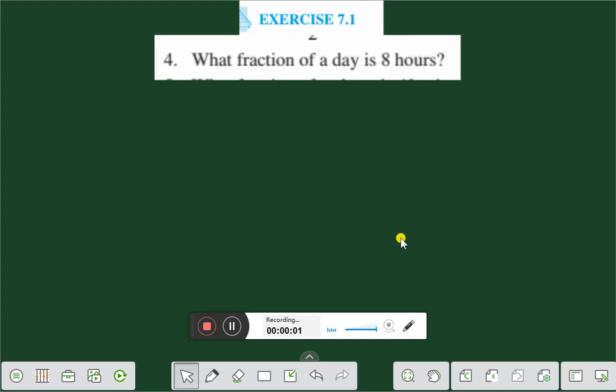Hello friends, today we shall discuss exercise 7.1 question number 4. What fraction of a day is 8 hours? We know that the solution will be